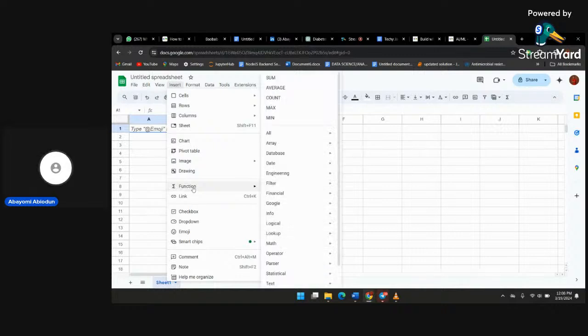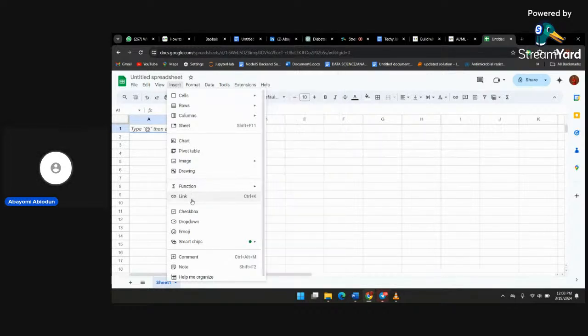You can insert function, and we have various functions just like the way Microsoft Excel is. We have some average, count, max, mean. Then we also have link. You can also insert link. You can insert drop box, drop down. You can insert emoji. These are just basic things you can do with your Google